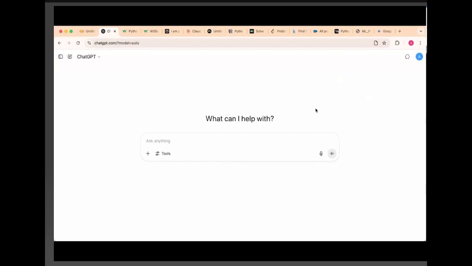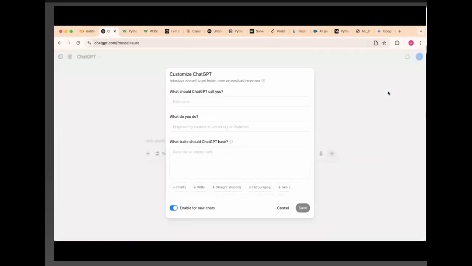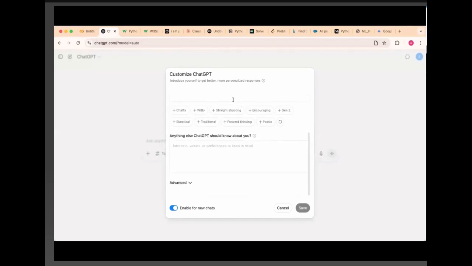So what we can do, and everybody pay attention, because this is going to be very, very useful, and I know everybody is going to use this right after this class. In every LLM, you can go to your profile, and you will find an option called personalize. Pay attention everybody, because this is going to be amazing. When you click on personalize,